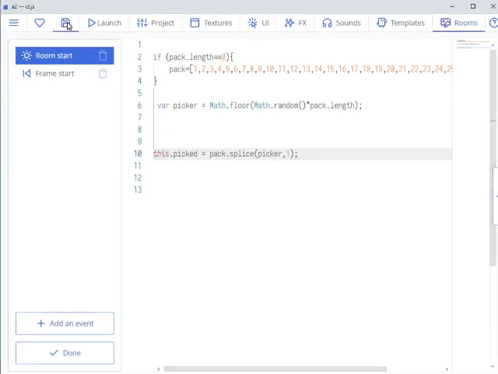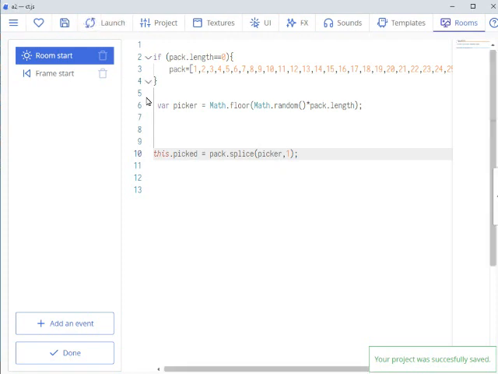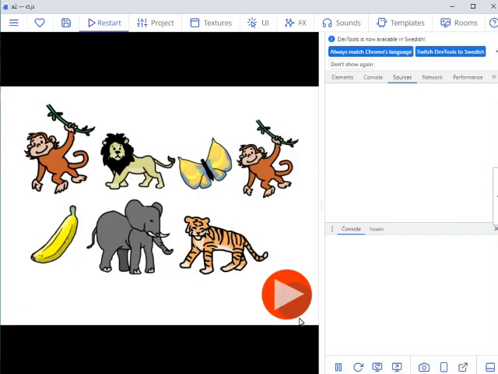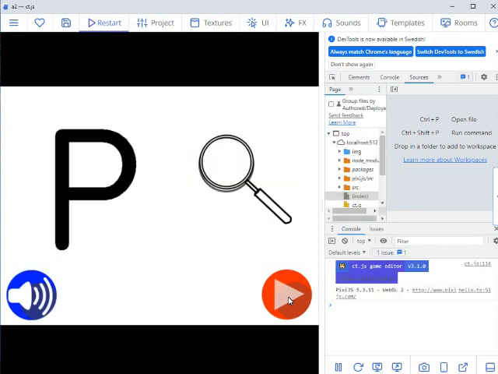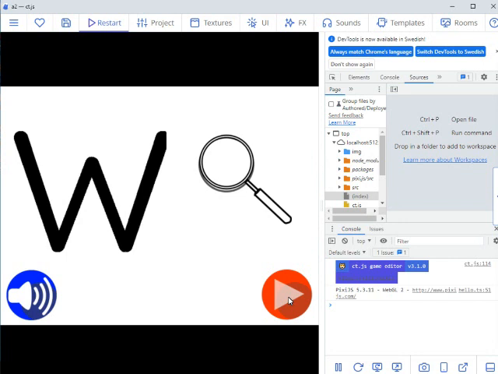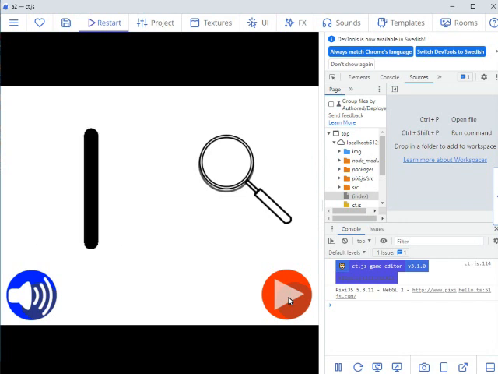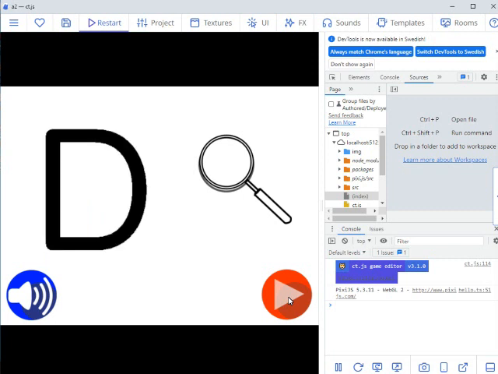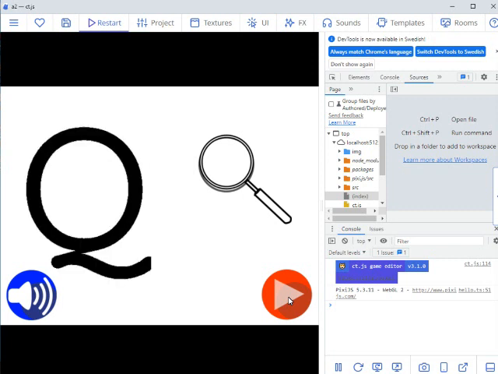Okay, let's save and launch. And it runs nicely. It seems to do what it is supposed to do.